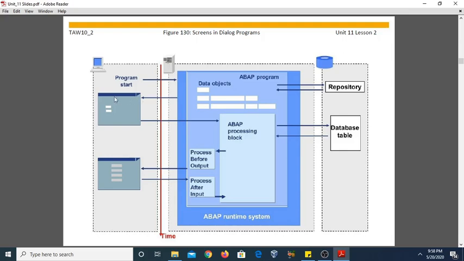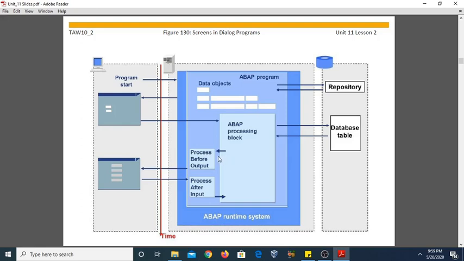Then on this screen, the user can enter the data and take an action. When the user takes an action, the corresponding action calls the ABAP processing block. The user action may be choosing a menu, clicking a push button, returning control to the runtime system, and so on. So when the user performs any action, the ABAP processing block is called from the application server, and this processing block has two modules.